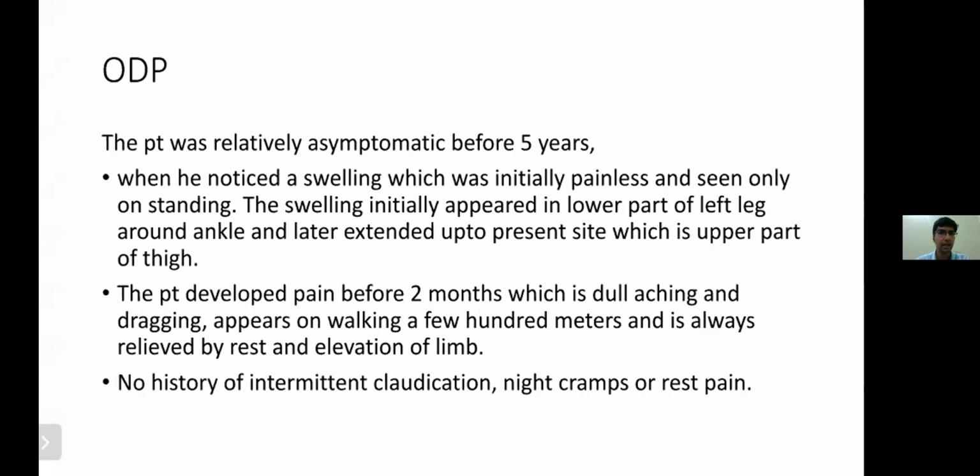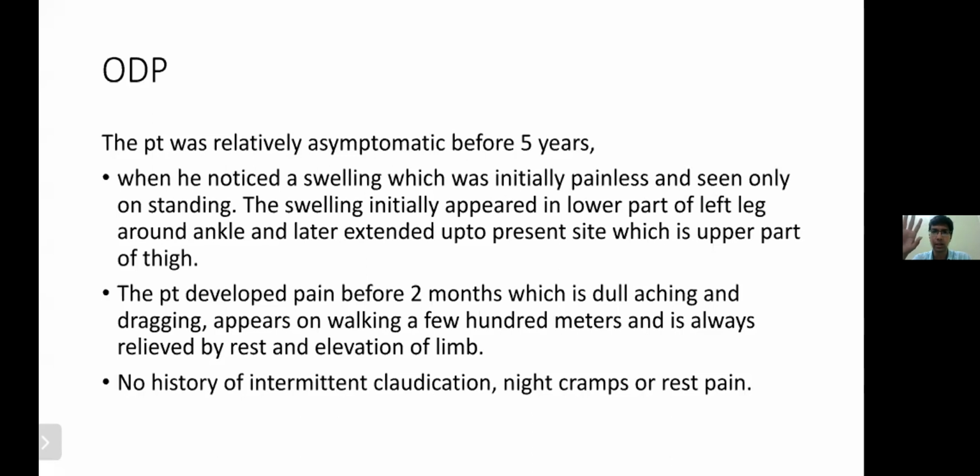How do you rule out DVT? DVT has a generalized calf swelling, whereas varicose veins have a swelling near the ankle region only, a specific localized swelling. The patient will not say that varicose veins is venous swelling, because he cannot describe that on the basis of history. So the first thing you rule out is whether the swelling is associated with pain and fever, yes or no. So cellulitis present or not. In cases of varicose veins, there is dull aching pain, not severe pain, and there is definitely no fever. Cellulitis is ruled out. Then on examination also we rule out cellulitis again, because sometimes a superadded complication of varicose veins is cellulitis on varicose veins.